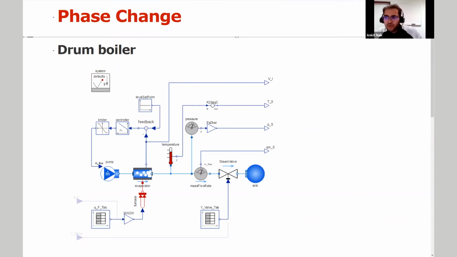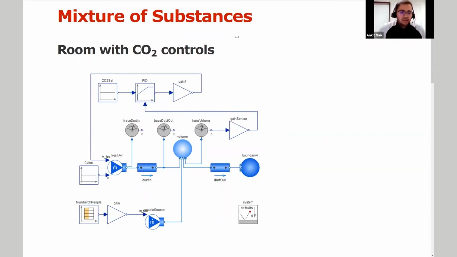One more question might come to your mind, that okay, now I can model multiple phases, but can I also model systems which have different substances? Like can I model air which has nitrogen, oxygen, carbon dioxide, those kind of elements in it? And the answer is yes. Using the fluid library, you can use media that have a mixture of different substances. For instance, in this example here, I have used